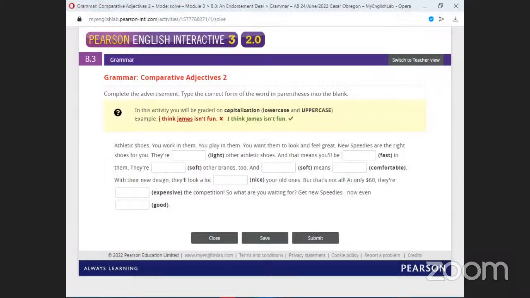Okay. Let's go now to the next part. All right. So, comparative adjectives number 2. Complete the advertisement. Type the correct form of the word in parentheses into the blank. Athletic shoes. You work in them. You play in them. You want them to look and feel great. New Spirits are the right shoes for you. They are